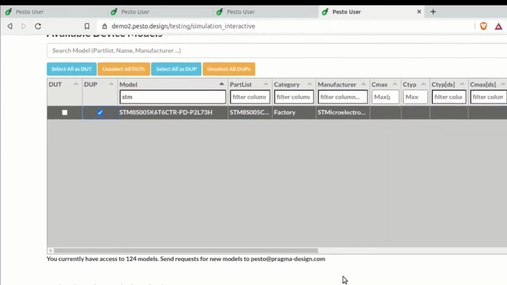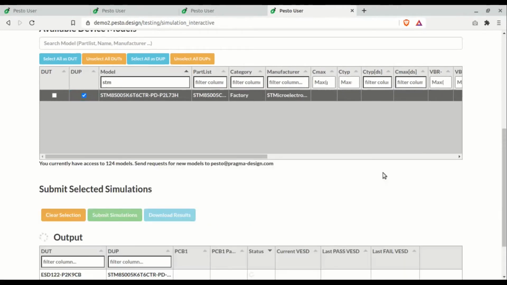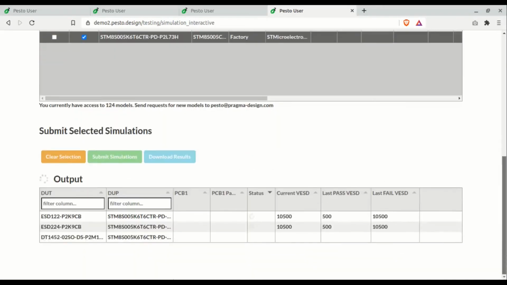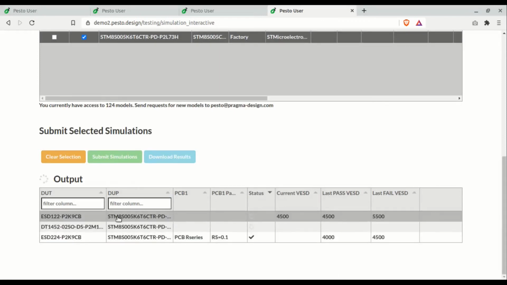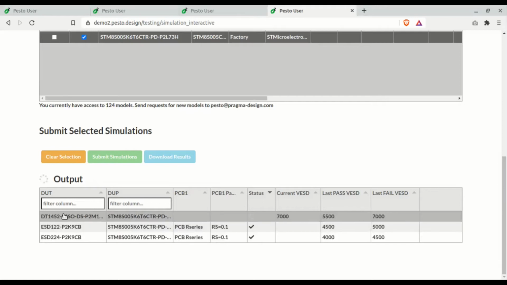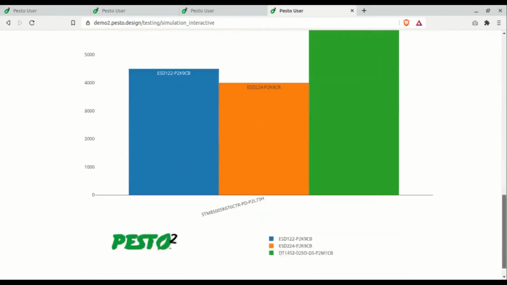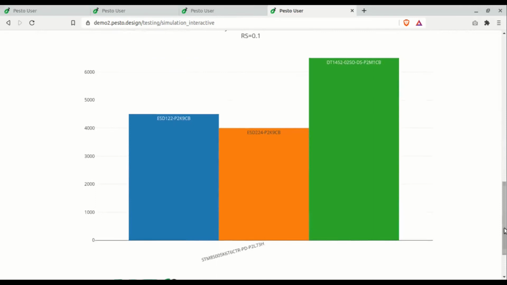The simulator will create hundreds of SEED simulations in order to find out what level the system can survive based on the current sharing at different levels, essentially just as you would do physical step testing in the lab, but without the time and expense. Here we find that the Diodes part performs a little bit better at the system level than the other two devices, which provide about 4 to 4.5 kV of system robustness, versus 6 kV for the other part.